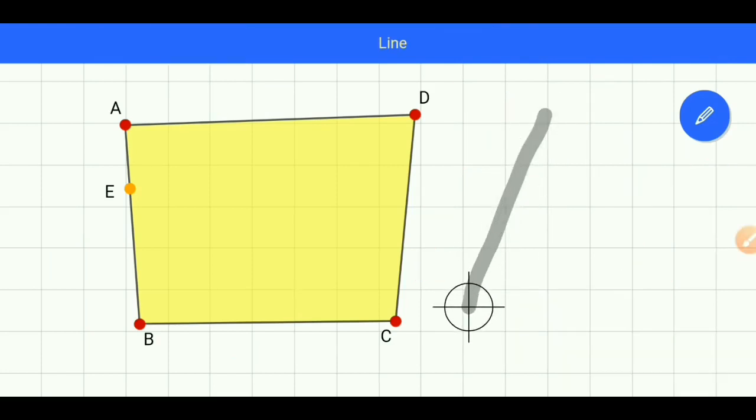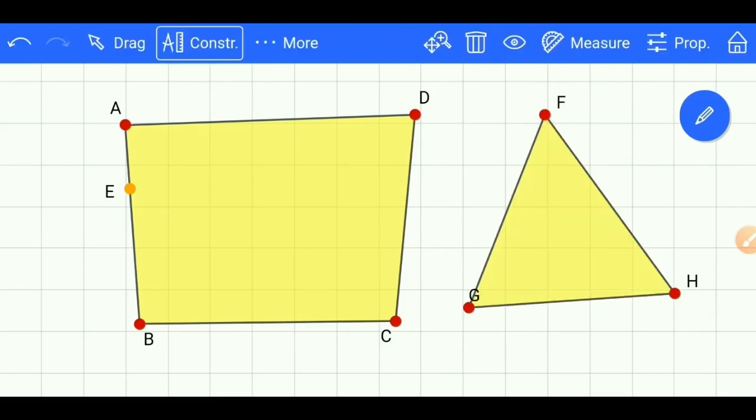Similarly, if FGH is a triangle and I is a point on it, now point I starts walking from point F. It takes a complete round and reaches point F again. So it takes one complete round of this triangle. So the sum of all the sides of the triangle will be equal to its perimeter.